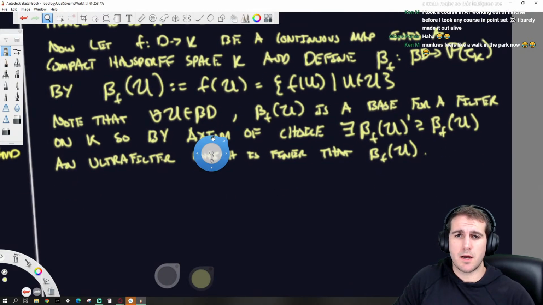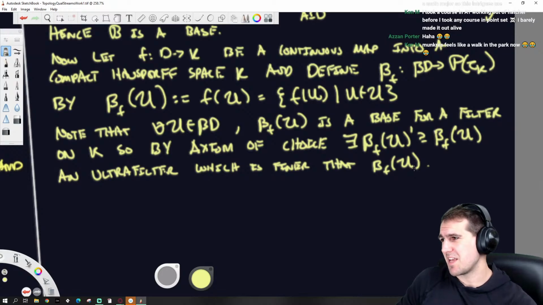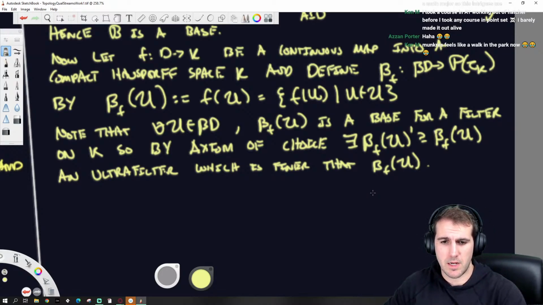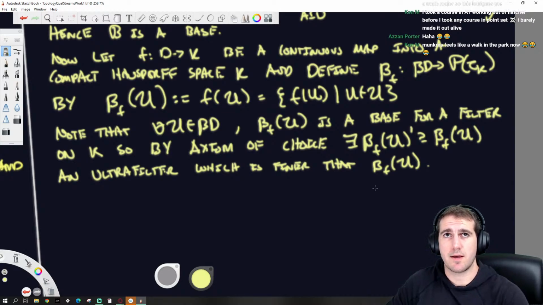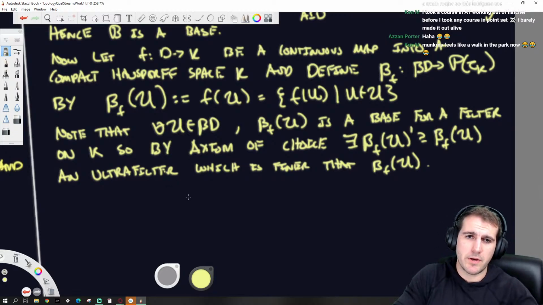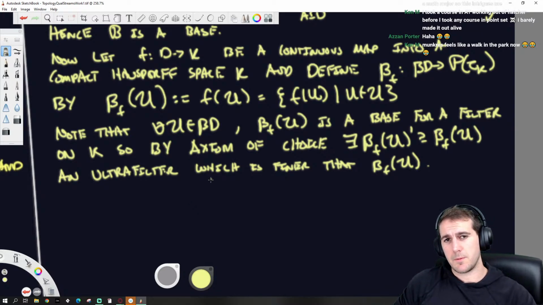So since this is going to be an ultrafilter in a compact space, it converges to some point, the same way that sequences in compact spaces have convergent subsequences. So ultrafilters in compact spaces have limit points, or filters in compact spaces have cluster points. So we have an ultrafilter, it's finer, and it's in a compact space.